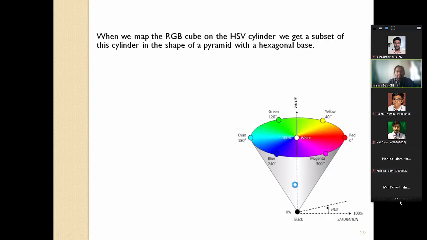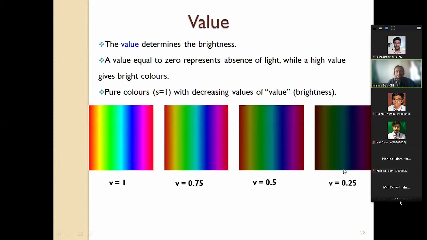So your image is getting blacker. At only 0.25, it's still something you can see. But when the value is high and then you are going down, down, down. Now this is the HSV model.